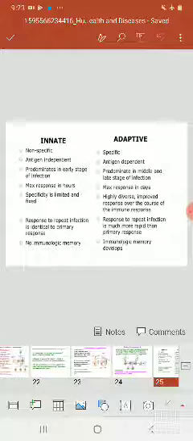Innate immunity specificity is limited and fixed. In adaptive immunity, it is highly diverse, with an improved response over the course of the immune response. In innate immunity, the response to repeat infection is identical to the primary response. In adaptive immunity, the response to repeat infection is much more rapid than the primary response. In innate immunity, no immunologic memory is there, and in adaptive immunity, immunologic memory develops.